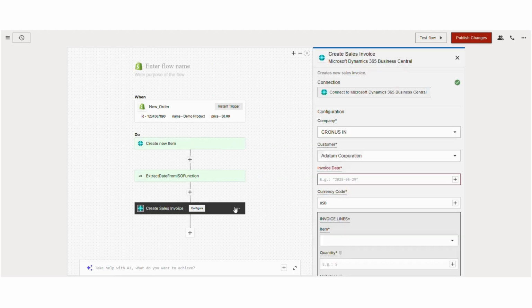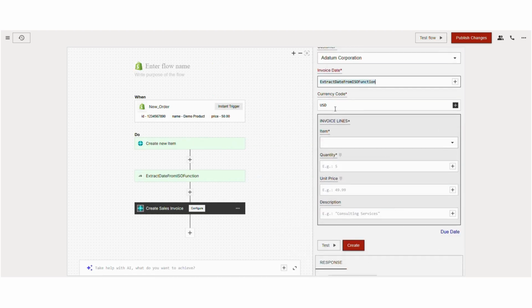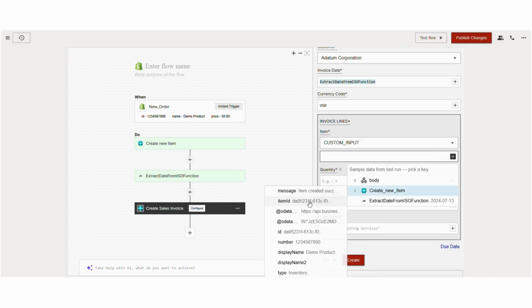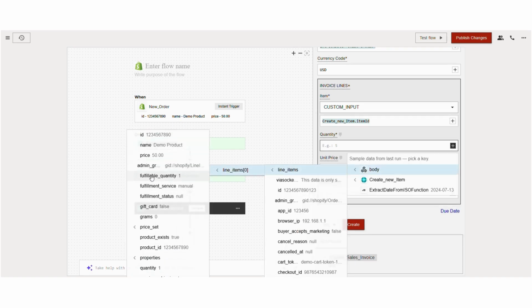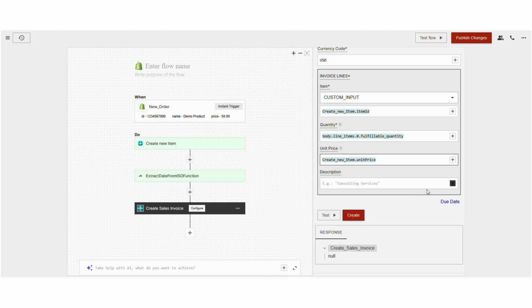Now, continue configuring the sales invoice. Set the invoice date and the necessary information. Also fill in the description.